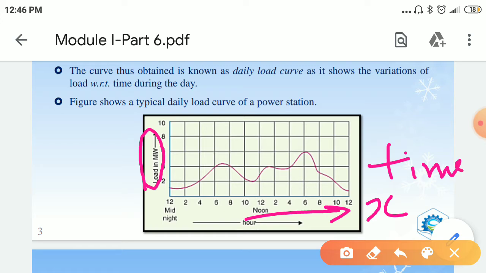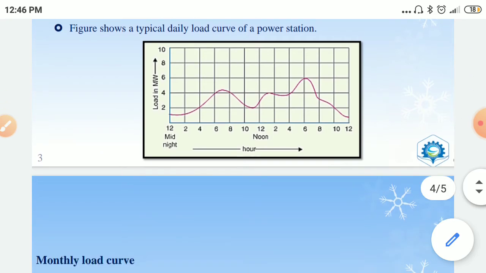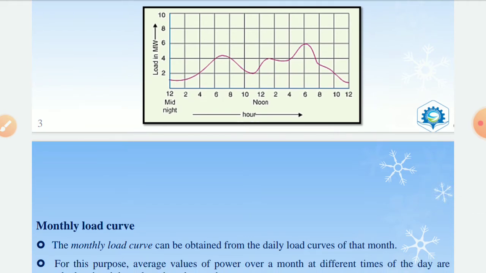What is done? We are taking the load. What is the load at each 2 hours? We are marking the load at 2 hours. That means at 12 o'clock it is noted, then at 2 o'clock it is noted, then at 4 o'clock it is noted. Similarly, in an interval of 2 hours, it is being taken. And the plot is made as a continuous curve. This is what is meant by a daily load curve. The knowledge of a load curve is very important, because we are going to study some more terms which are related to this load curve.